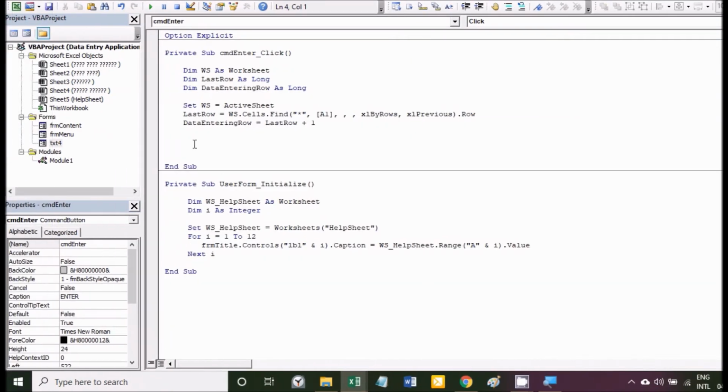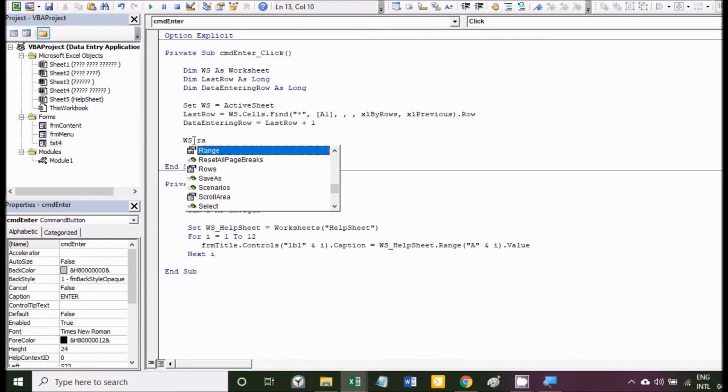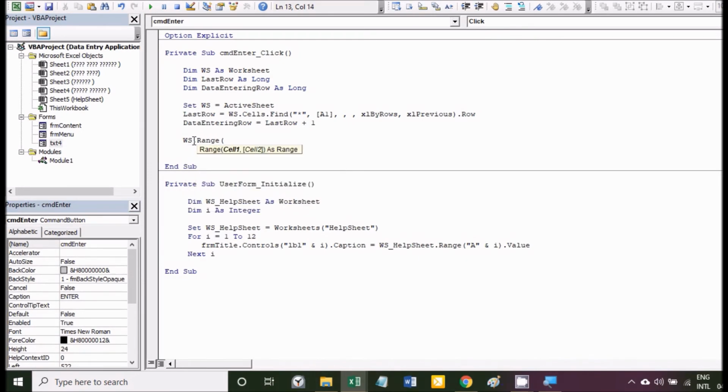Let's go to the coding area again. So now what we need to do is enter this data from the text boxes to this data entering row. We can do it like this. The first data should be entered in column A, so range A and I, data entering row dot value equals